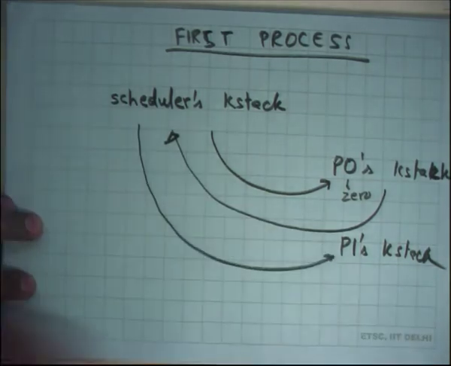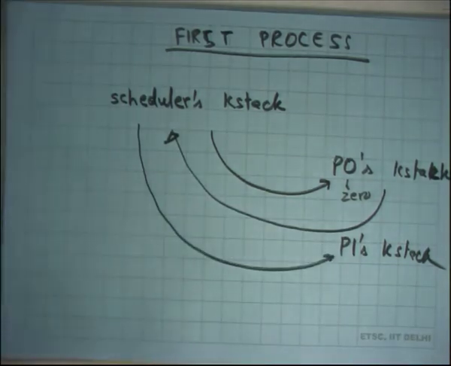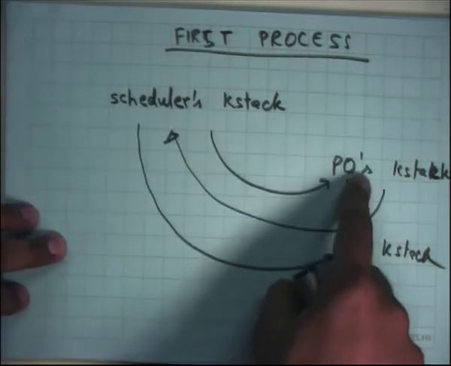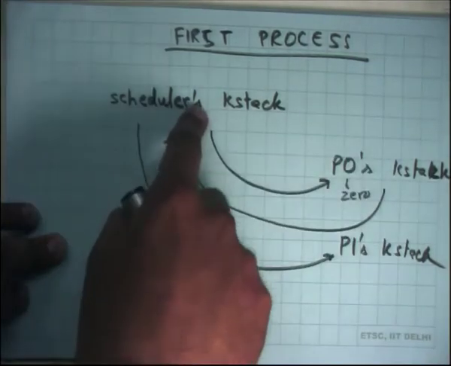So there's a scheduler's K-stack for a CPU, which is the first K-stack that it started with. It picks a process. The logic of picking up a process executes on this K-stack. When you picked up a process, you switch to that K-stack. That process gets to run. Then that process yields. You switch back to scheduler K-stack. The scheduler picks another process to run, and so on, right? So a process yield switches to scheduler, then scheduler switches to yet another process, and so this seesaw keeps happening, right?